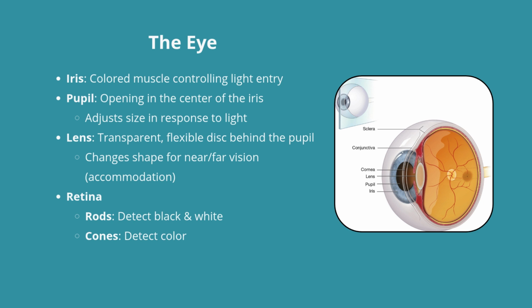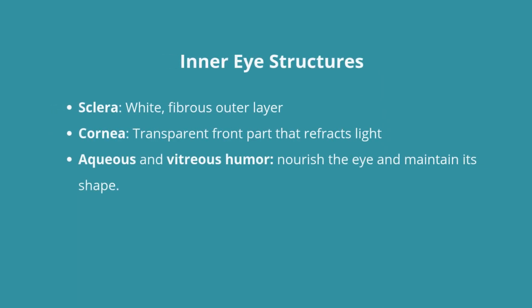Just behind the pupil is the lens, which changes shape to focus light on the retina at the back of the eye. The retina contains rods for black and white vision and cones for color. Other key structures include the sclera and the cornea, and fluids like aqueous and vitreous humor, which nourish the eye